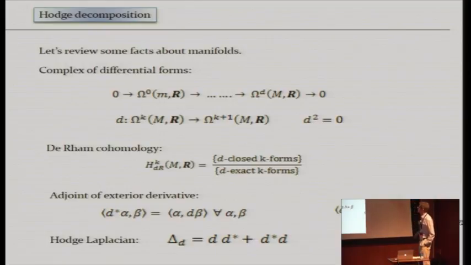Whenever you're in a complex, with a sequence of maps whose composition vanishes, you can define cohomology. In this case, it's called the de Rham cohomology of differential forms. You just take the closed k-forms and mod out by the exact k-forms. In other words, you impose an equivalence relation: two closed k-forms are said to be equivalent if they differ by an exact k-form. Closed, I remind you, means that it's annihilated by d, so it's in the kernel of the exterior derivative d. And exact means that it's in the image of the exterior derivative d.